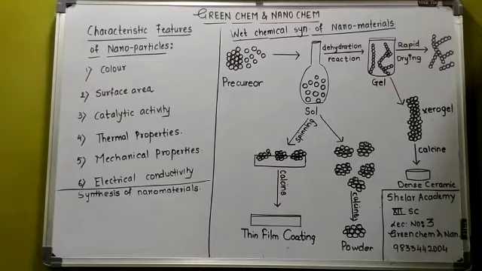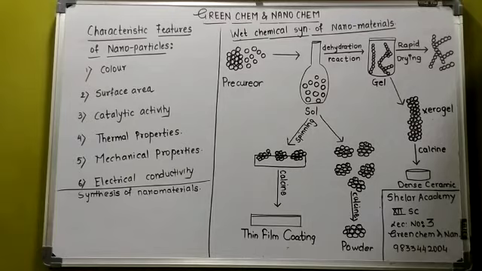The next we can go for the catalytic activity. Due to the increase in the surface area, what will happen? Now due to increase in surface area with the decrease in the particle size, the nanomaterial based catalysts show the increase in the catalytic activity. Heterogeneous catalyst, you know what is the heterogeneous catalyst? In a reaction, if every component's phase is not the same, that is called heterogeneous. You had it in 11th standard. That means that the catalysts are in the solid form and the reaction occurs on the surface of the catalyst.